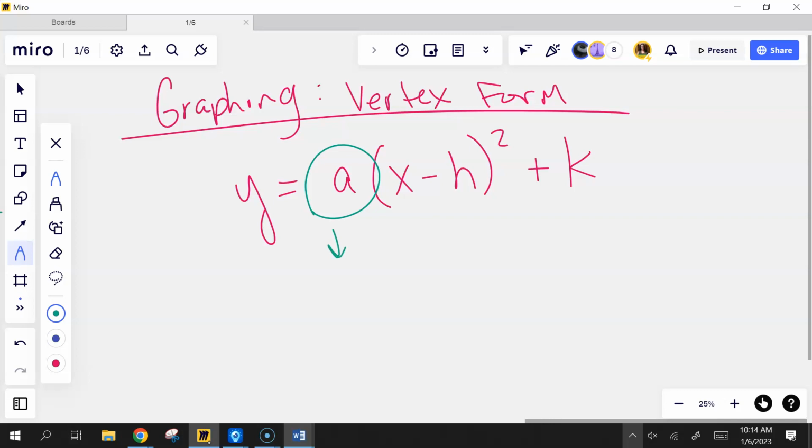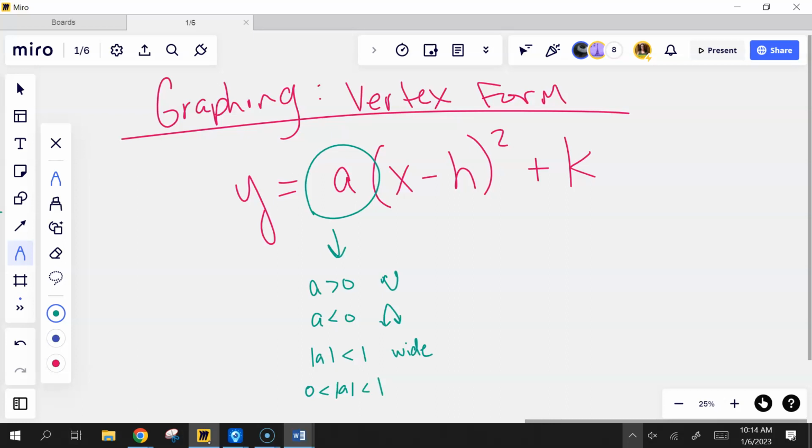It still tells me if it's positive, then I'm up. If it's negative, then I'm down. Tell me what else A tells you. Skinny or wide, that's exactly right. So as the absolute value of A gets smaller, then that makes it be wider. And if it's between 0 and 1,